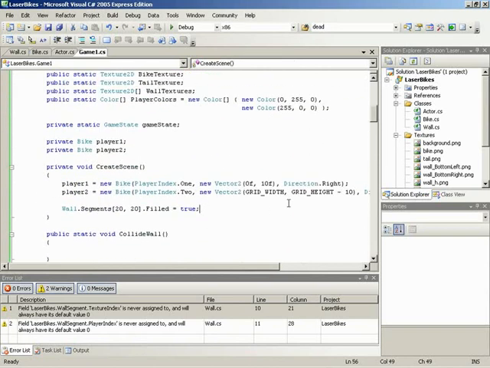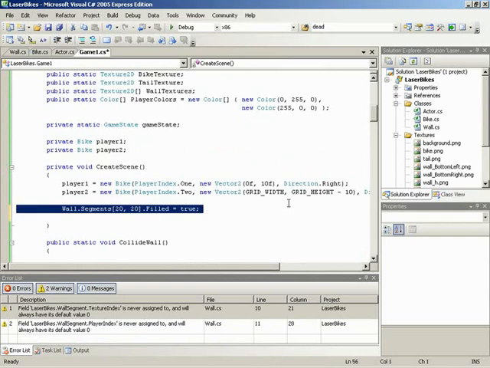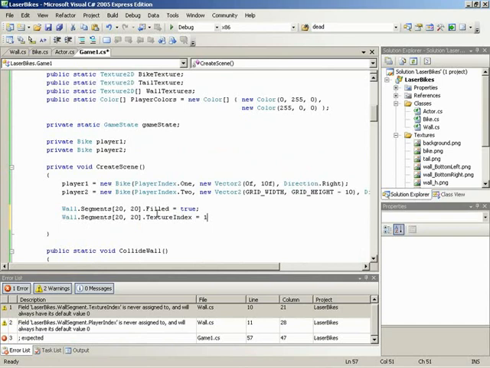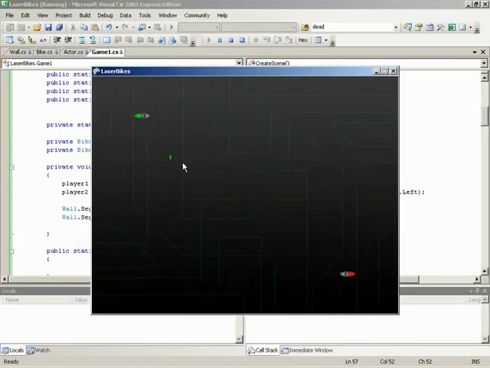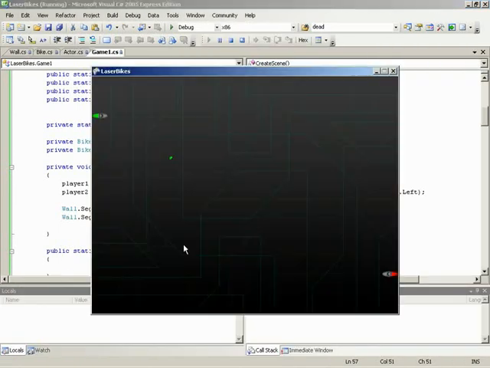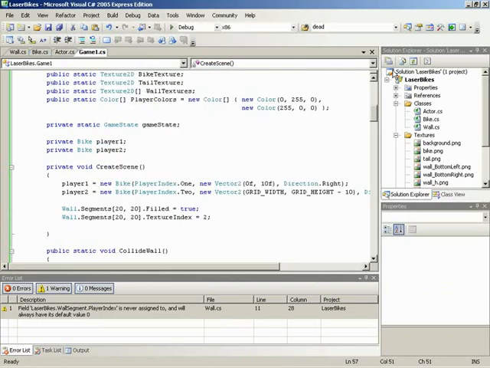So what if we wanted to change that to a vertical wall segment? Well, I could copy this line so we have everything necessary to address grid block 20 by 20. But let's look at its texture index. If we set the texture index equal to 1, we now have a vertical wall segment. Perfect. Or we could set it to 2 and we should have the top left corner. And we do. I'm going to leave it vertical though, because the next thing I want to look at is